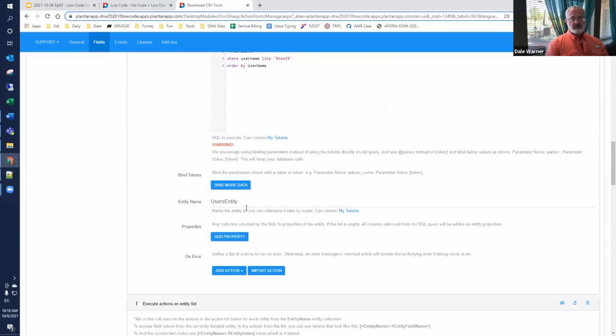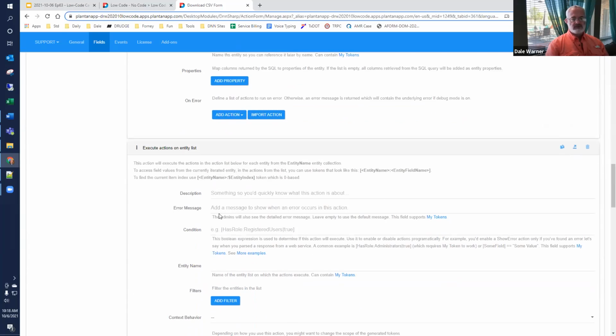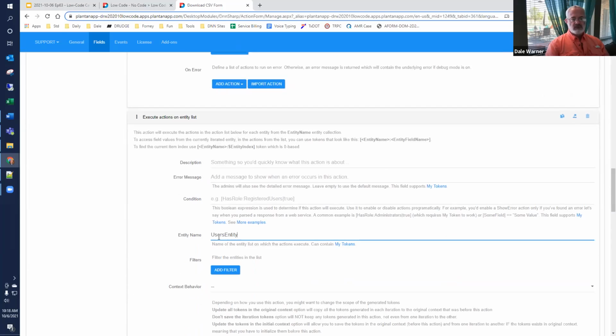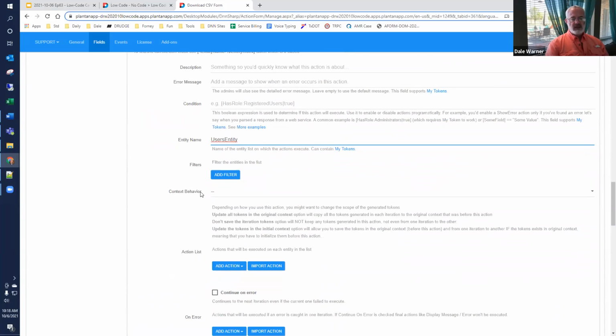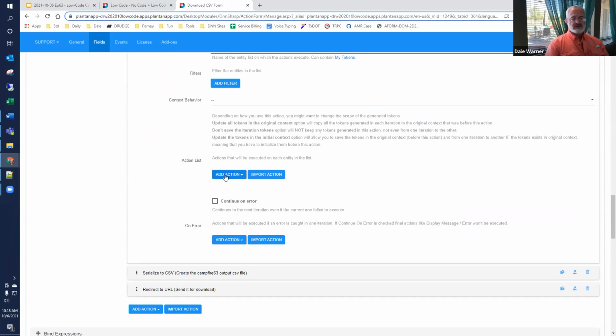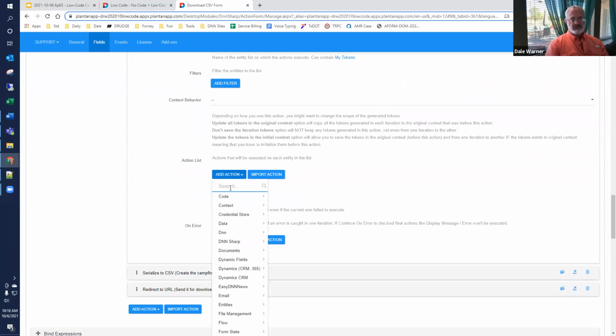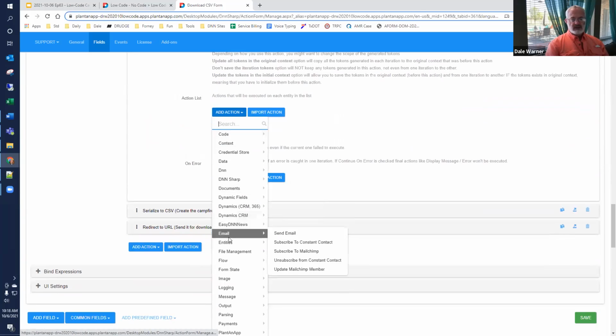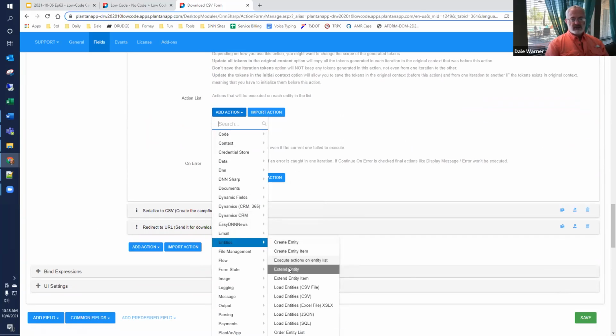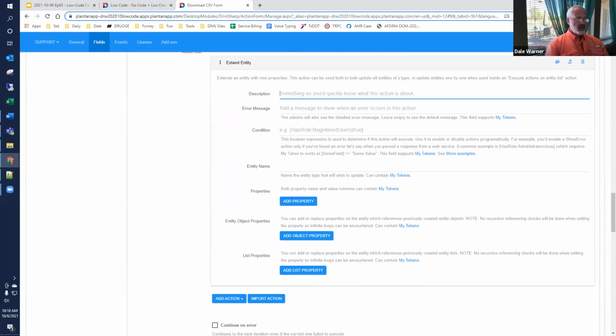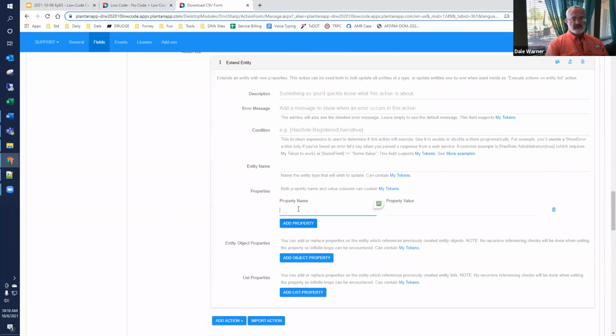And so I'm going to take the user's entity, that was what was created, and that's going to be what we loop through in our execute actions on entity list. And the action that I want to do is an extend entity. So I'm going to look at my entities and extend entity. And in this, I want to add a property called full name.